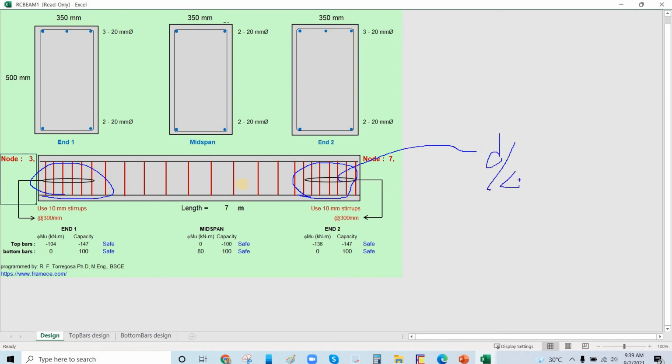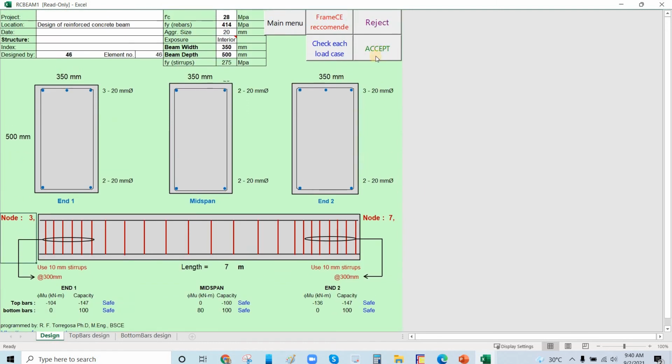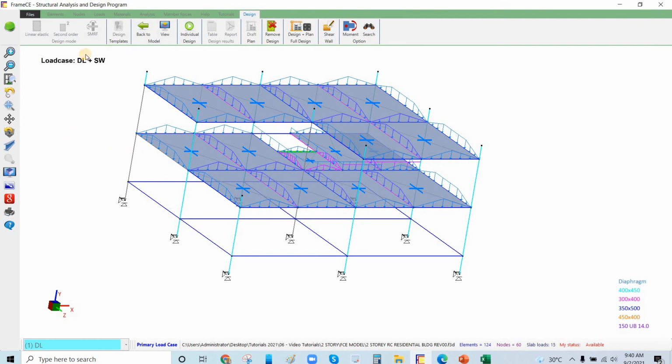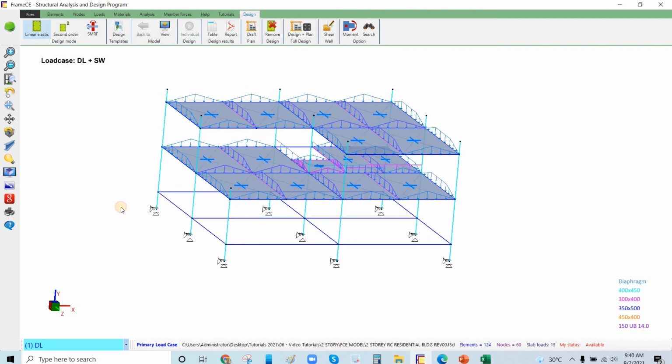The spacing here is d over 4, and the spacing here is found to be d over 2, and also here is d over 4. So we have a separate checking of that. Most of the software check the beam and column for the stress base. So for the SMRF requirements or seismic detailing, we have to do it on our own. But also the FrameCE has its own checking of SMRF, I just click accept. So this is the SMRF of the FrameCE. So we'll go there after we run the design plus plan. So I will just go back, and before we do the design plus plan, we can